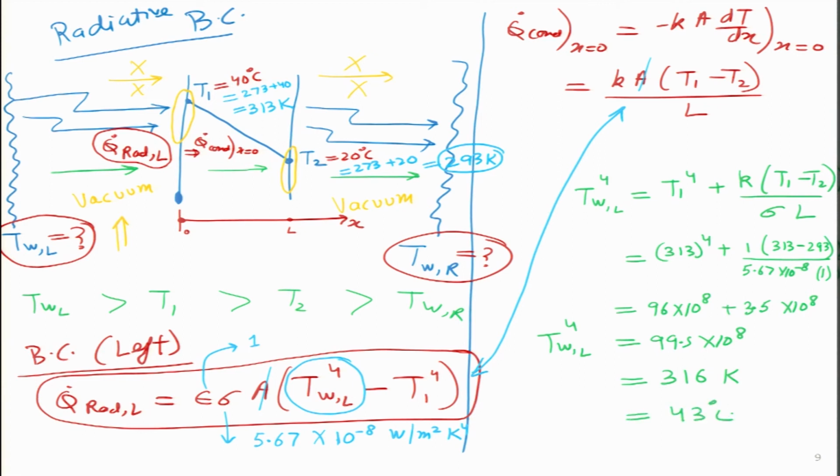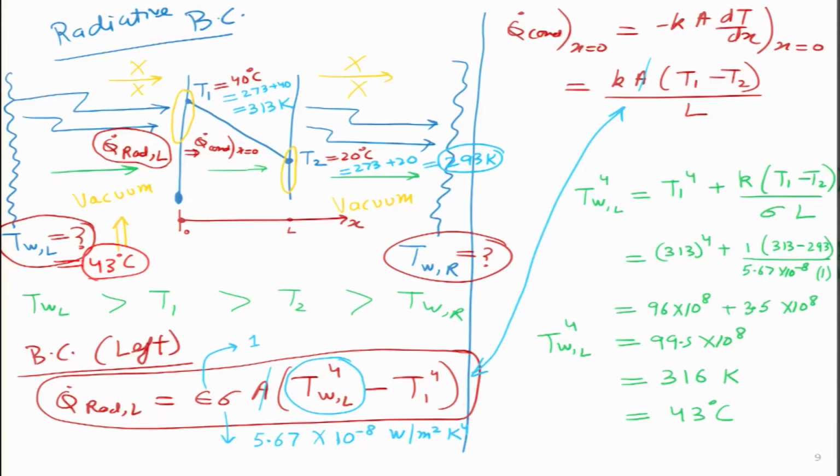What value do I get? 43 degrees centigrade. So, I can go back over here and maybe write in a different color, blue or red, that this value we have finally calculated turns out to be 43 degrees centigrade, and we were correct to assume that this value has got to be higher than the wall left side temperature. Only then is the net heat actually flowing in this direction. So, 43 is transferring heat to 40 degrees, from 40 degrees it is going to 20 degrees, and similarly we can calculate the temperature for the right hand side. This exercise I will leave for the audience members, so they can go ahead and do that calculation.